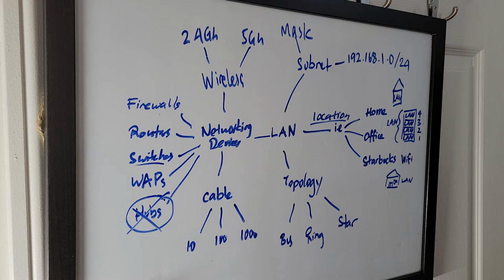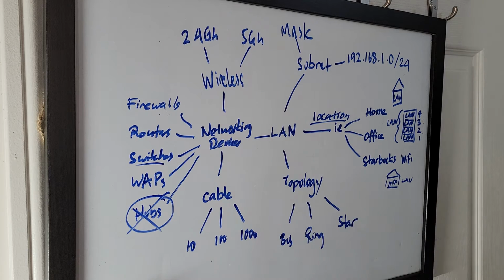So a LAN, the fun fact is the most common subnet for a local area network is 192.168.1.0/24. Most likely that's what you're currently using at your home. Also, for a LAN, if you want to find out what your subnet is, you'd have to take a look at